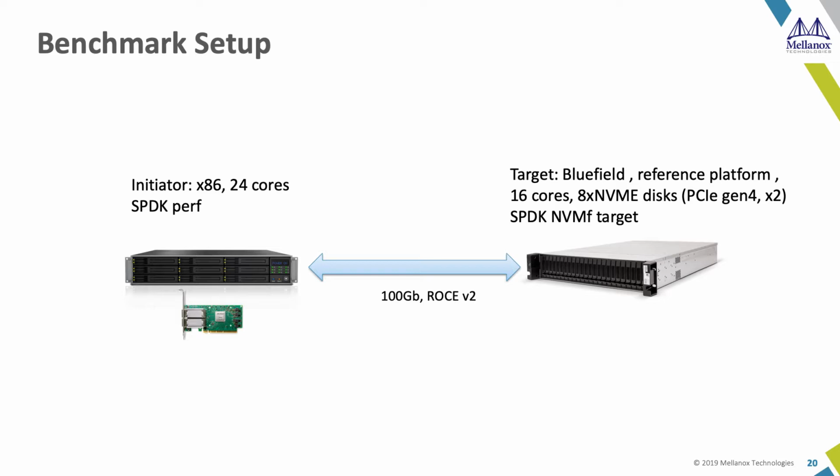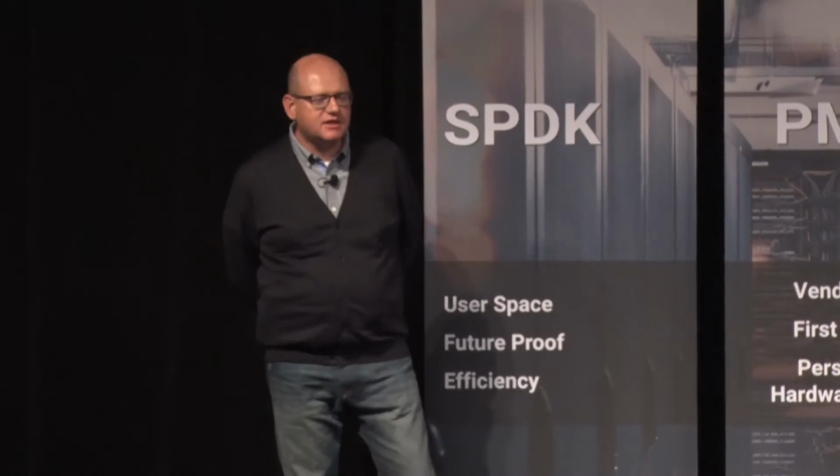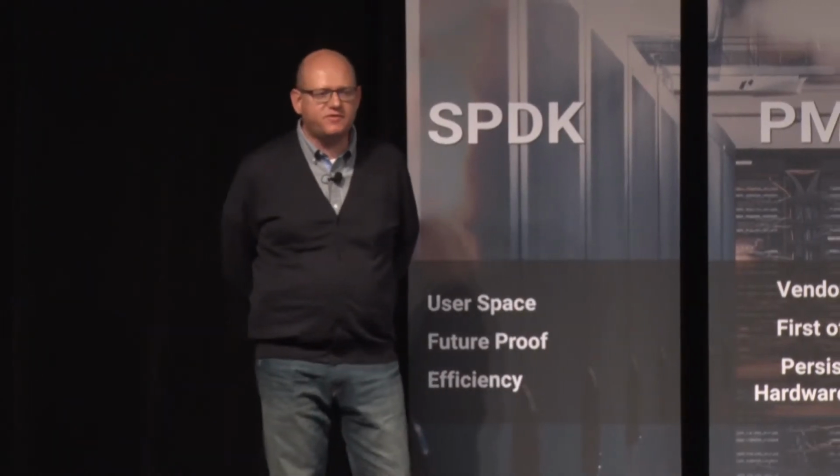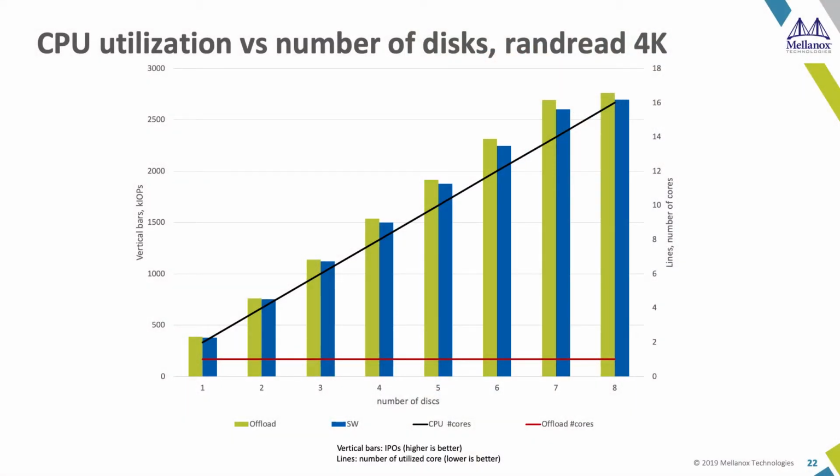We run RDMA read, RDMA write, 4K blocks, 16 queue depths. And we iterate over the number of disks and see what CPU utilization we see in the case of software implementation and in the case of hardware implementation. So let's look at this diagram. Vertical bars represent IOPS. You can see that IOPS are very similar. Even hardware offload outperforms the software implementation,